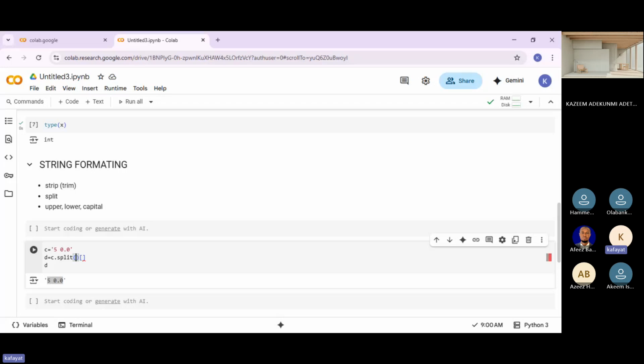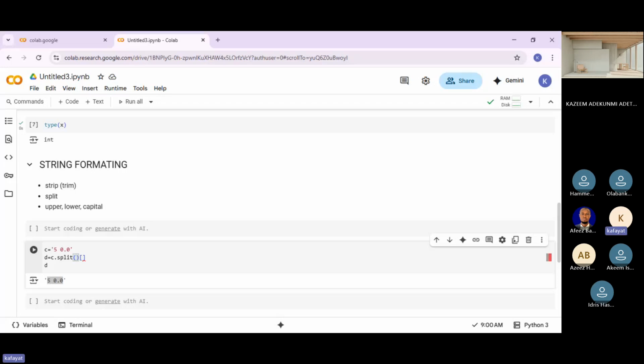So it's asking me, split, what am I splitting with? I'm splitting with space, because there is a space here. Am I correct? Yes, ma'am.